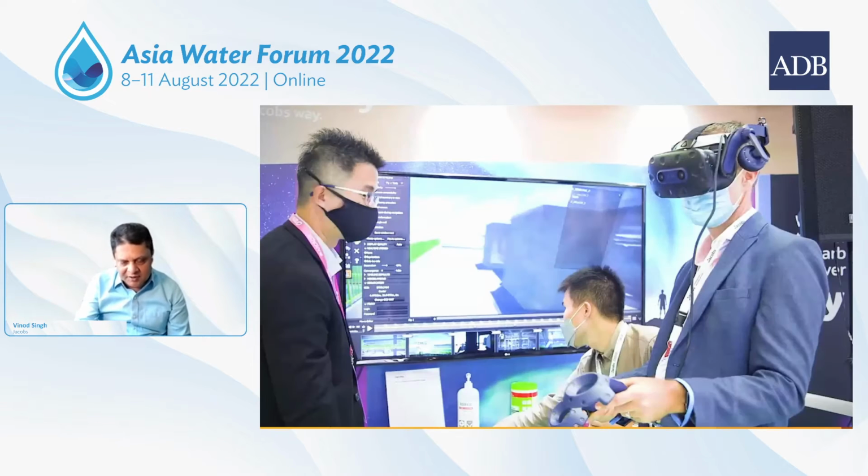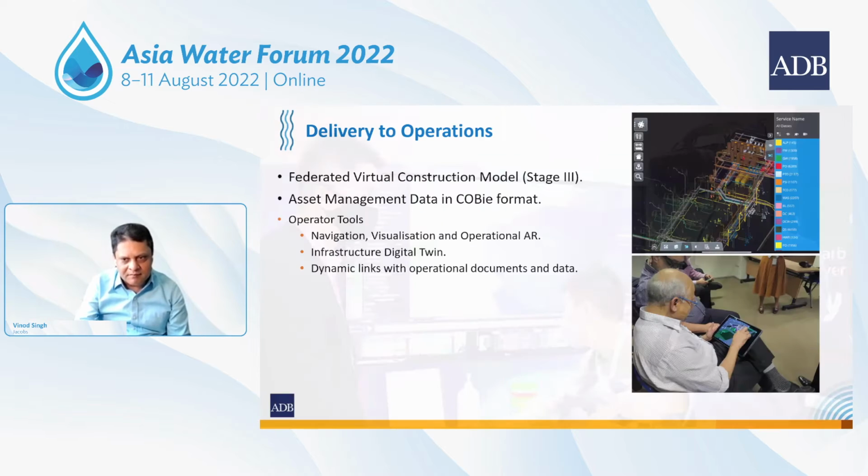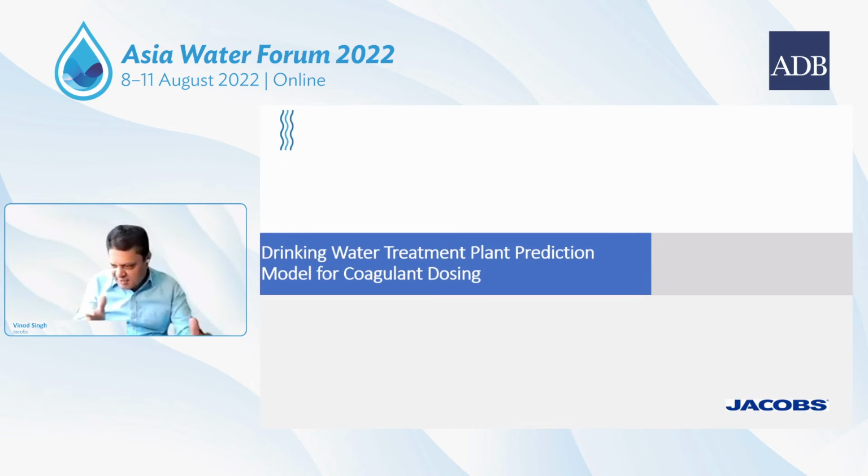And this is during the whole design review, so that the operators or users can integrate the model and review it from the operational perspective and the construction perspective as well. So this is another tool. Another point is, that was digital delivery, and when the plant gets constructed, how do we use digital technology to optimize energy, chemicals,